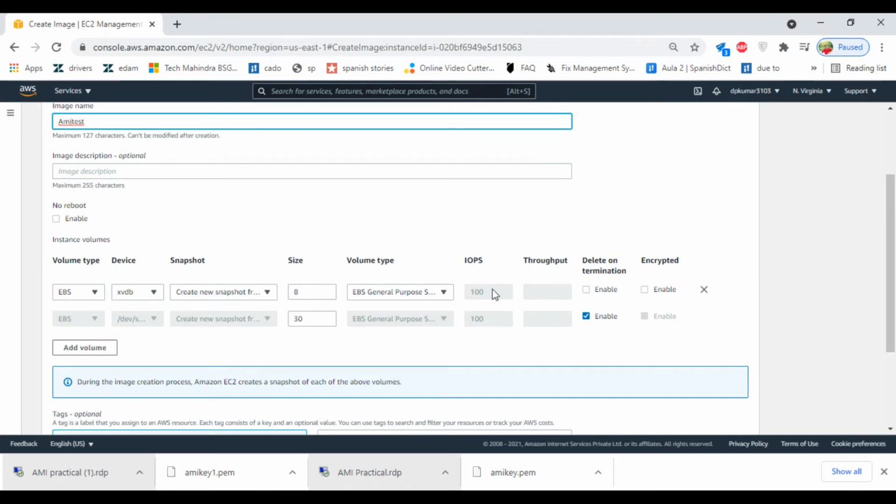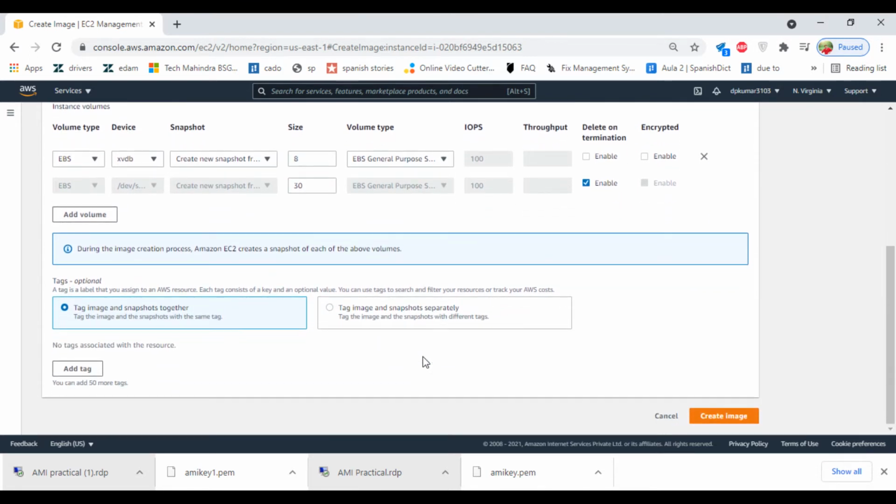If you don't want the other volume, you can simply click on the X mark. That volume will be excluded. Create image. So I'm selecting 2 volumes and creating the image. In case you want an additional volume in that image, you can click on add volume.